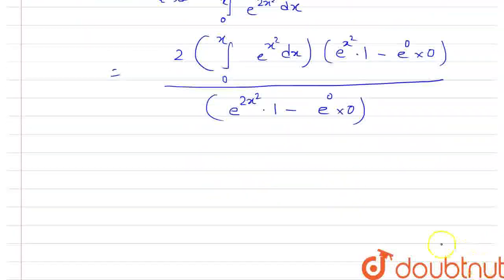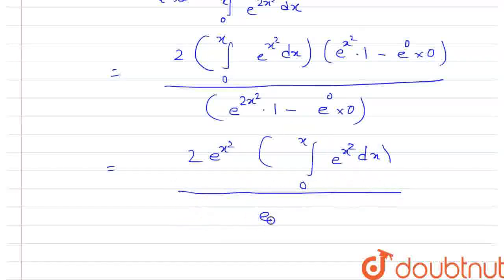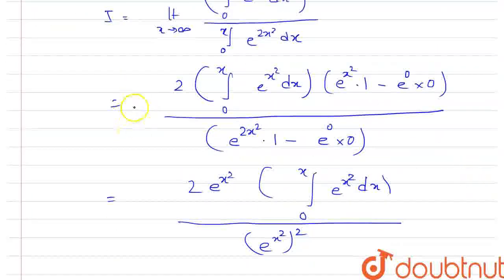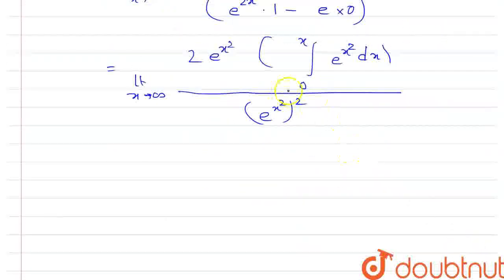Now we'll simplify it further, so this will be equal to 2 times e to the power x square integration 0 to x e to the power x square dx divided by e to the power x square whole square. Now e to the power 2x square can be written as e to the power x square whole square, and here limit is limit x tends to infinity, and here also limit x tends to infinity. Now we'll simplify it further. We will cancel out one e to the power x square, and again this is in the form of infinity